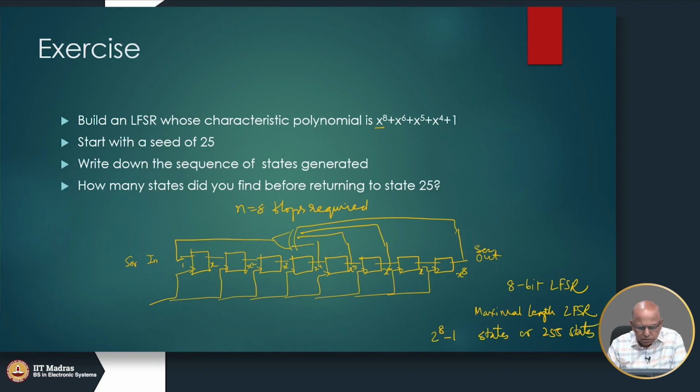Initially we are going to put the value of seed as 25. So, 25 in decimal, let us convert it into hexadecimal. 25 divided by 16, right. So, 1 is the quotient and the remainder is 9. So, it is 19 in hexadecimal. If you write this in binary, it becomes 0001 and 1001. This is the initial value that we are going to load into the LFSR,